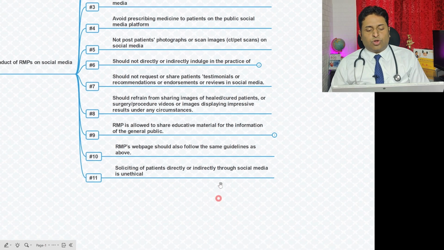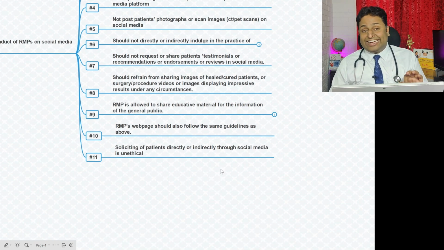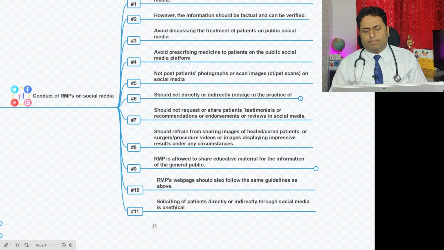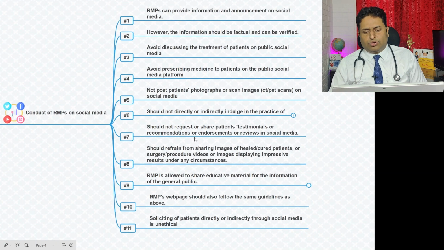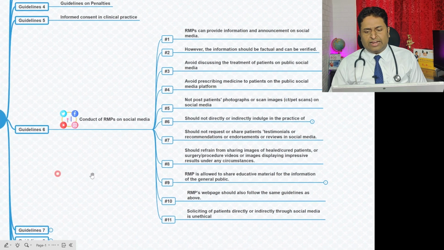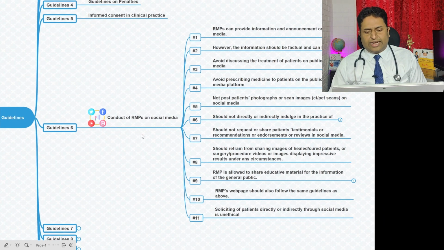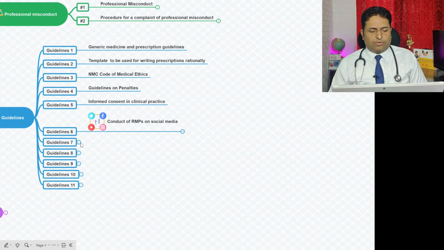And next, soliciting of patients directly or indirectly through social media is unethical, as mentioned in this document. This is an important thing to note, because it is relevant to the current trends, what's happening everywhere. So that's about social media.